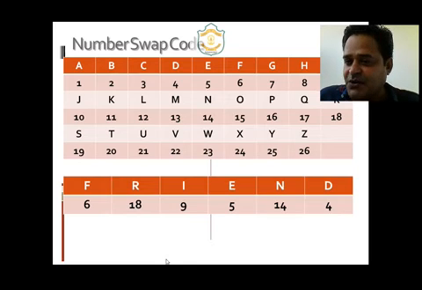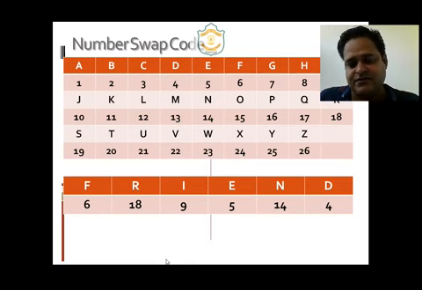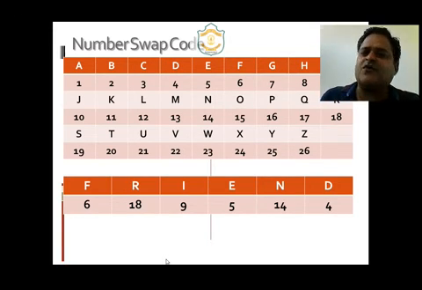You have encoded it. Generally, anyone looking at it will not understand what you have written here. Only you know how to decode it, how you have written it. This is called the number swap code, and it is a method of encoding our data. You can also write anything. You can try writing your name in number swap, or your friend's name, and then try decoding it.